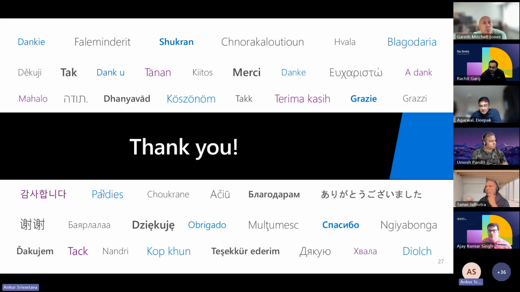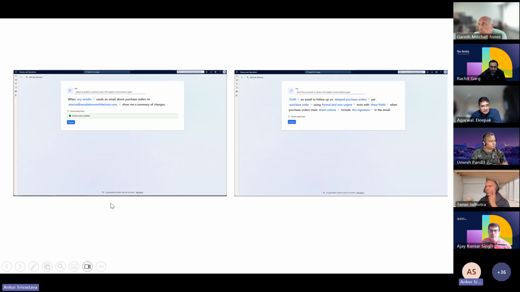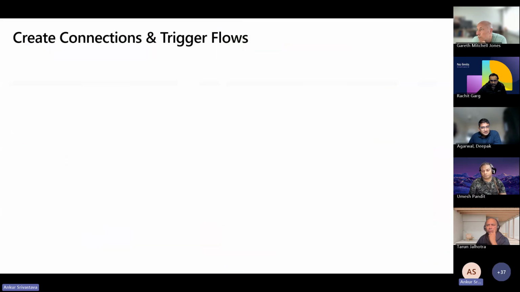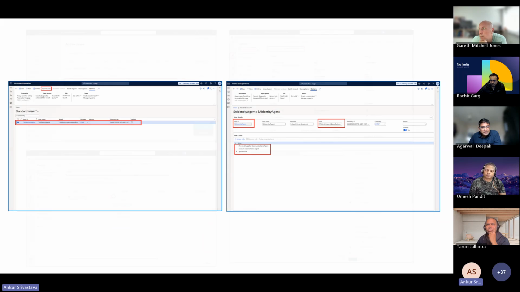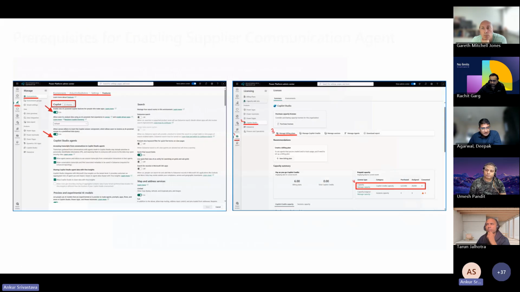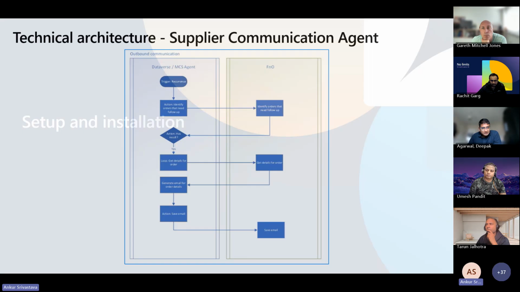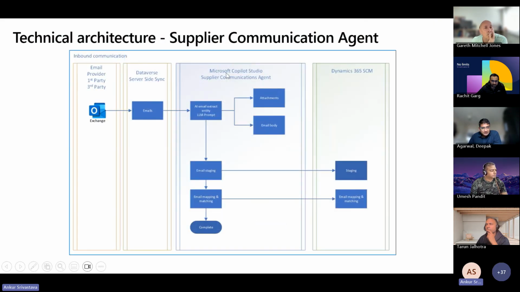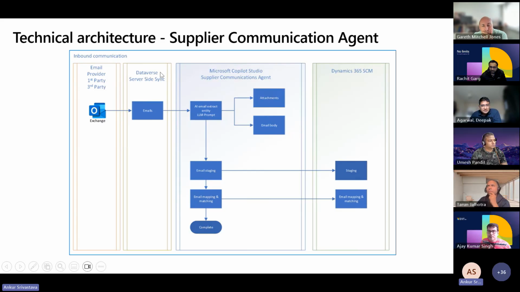I think I need to go back to the previous slide, where we talked about the inbound and outbound architecture, the technical architecture. There I talked about exactly where we are using the MCP.